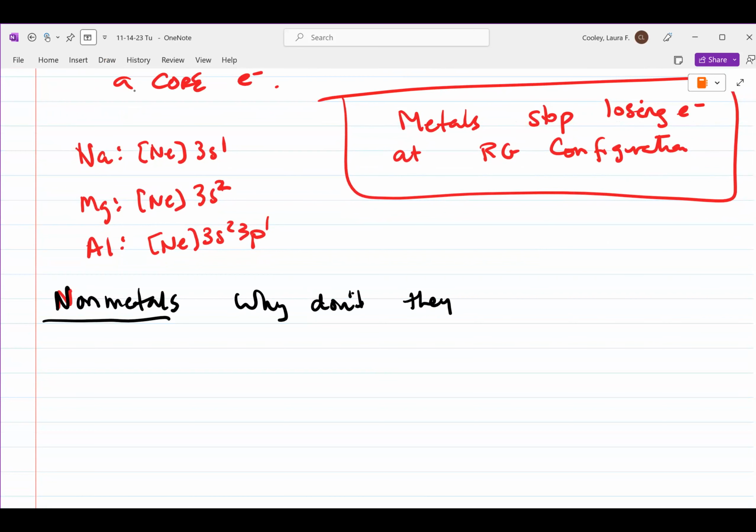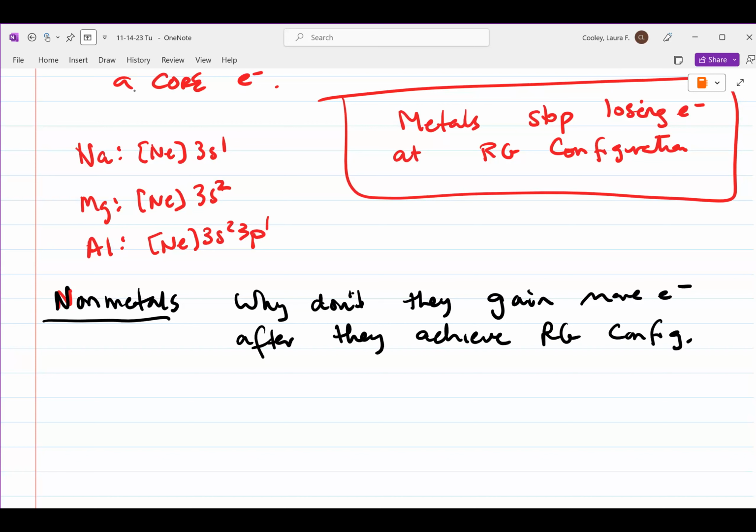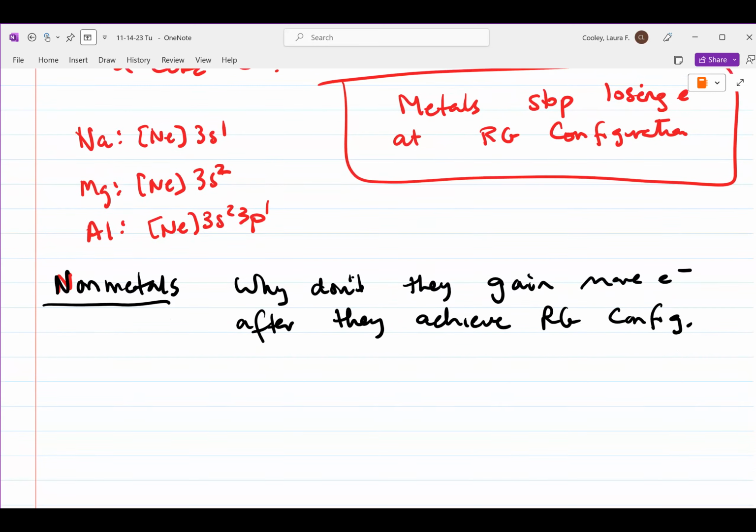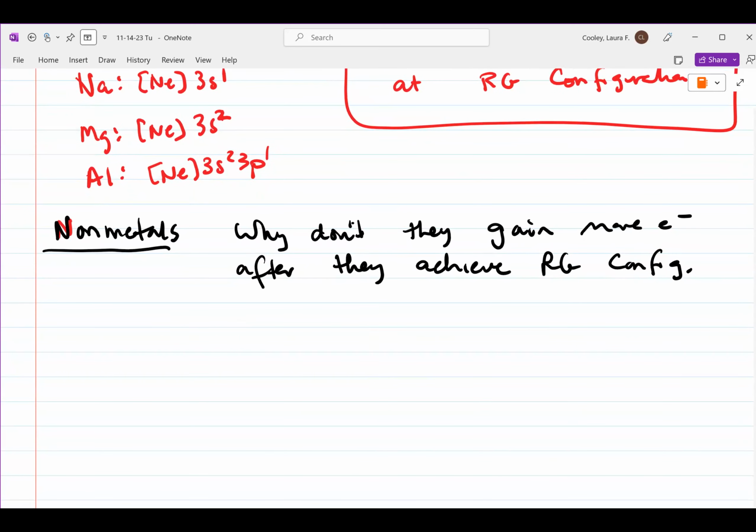Why don't they gain more electrons after they achieve the rare gas configuration? So they've already gained electrons. They're in the rare gas configuration. Why don't they gain more electrons? So for example,